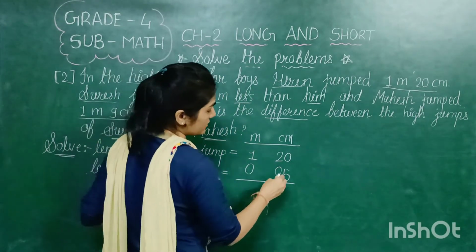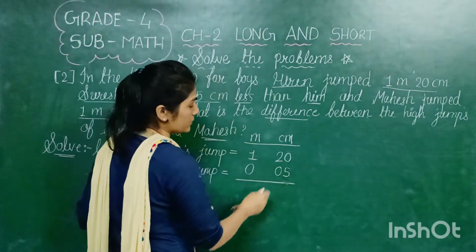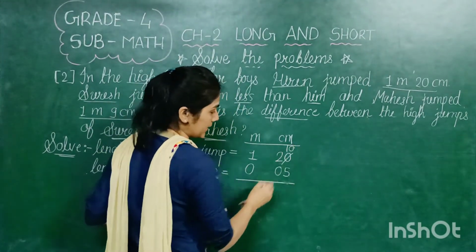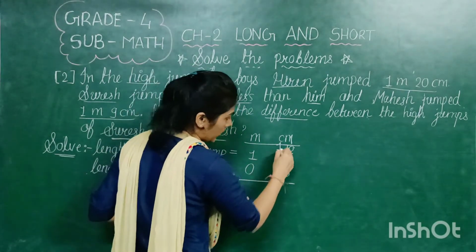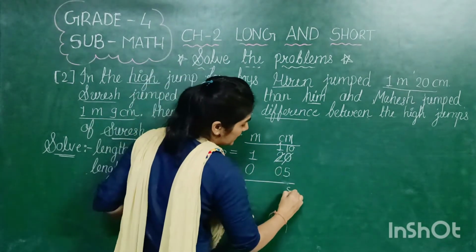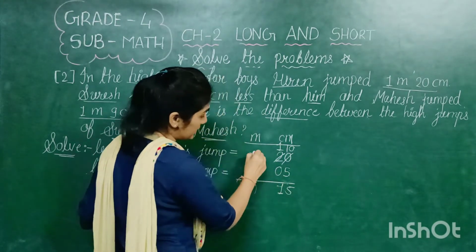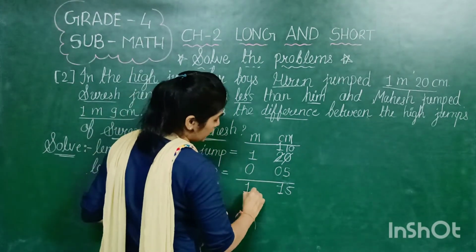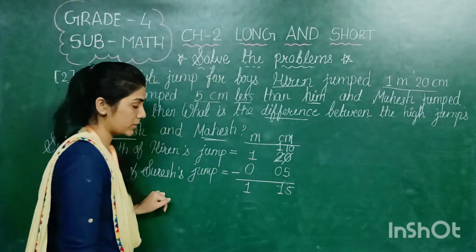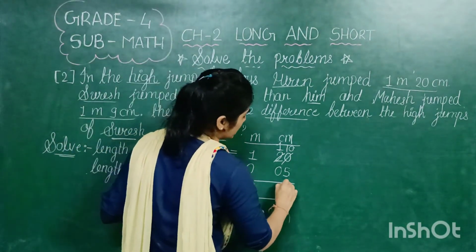Now subtraction. This is not simple subtraction. This 5 we can't subtract from the 0. So take borrow number 10. Cut 2. Put one number less, that is 1. So 10 minus 5, 5, and 1 minus 0, 1. And this 1 and 0 means 1 minus 0, 0. Put subtraction sign because we are doing subtraction. So this is your answer of this subtraction sum.